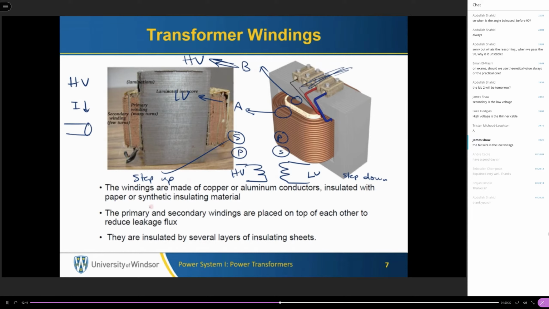They are isolated by paper or synthetic insulating materials. You may look at it and see the color of the metal, but they are isolated, and most transformers get damaged when they get heated and the insulation